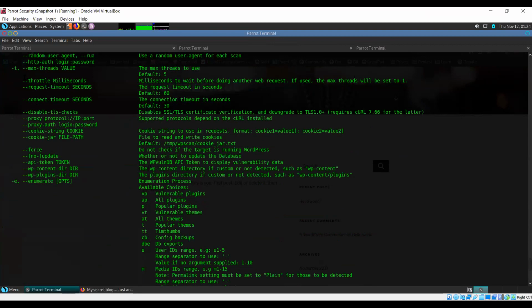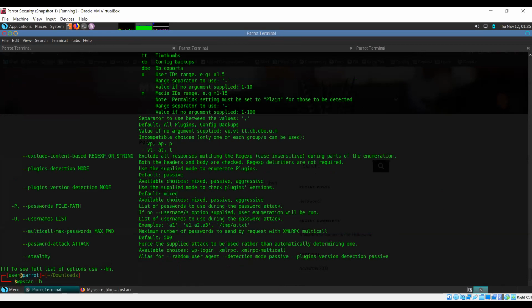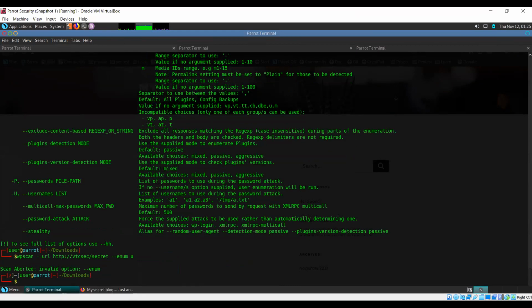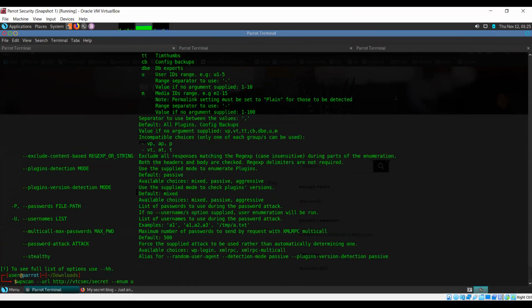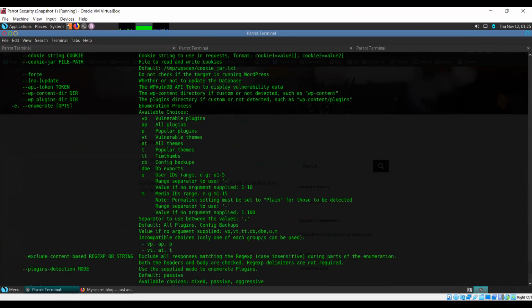I wanted to enumerate users. No, invalid option. I think we need to specify. Okay, I can just use -e, or I can write this entire thing.